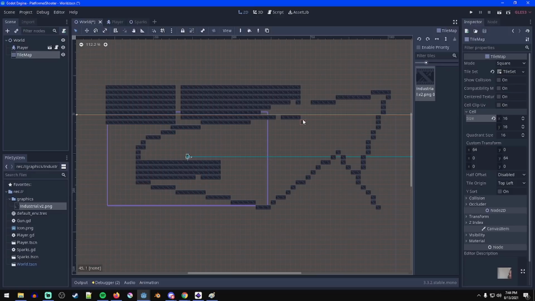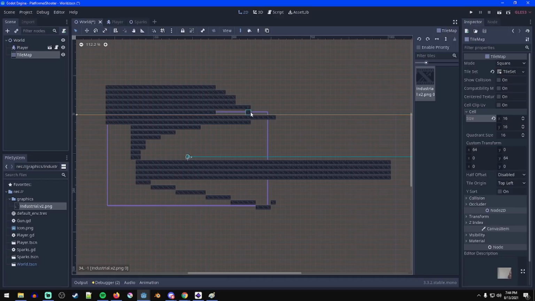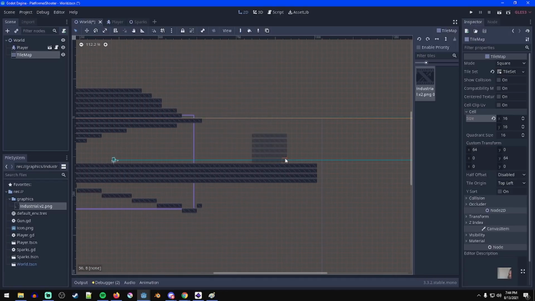You right click, it'll delete. Shift right click, delete in a line, control shift, delete in a square. And yeah, you can draw out whatever shape level you want, and of course you can make more tiles by going back to the tile set and clicking new single tile, doing the same thing. So yeah, you can draw this out however you want, and then